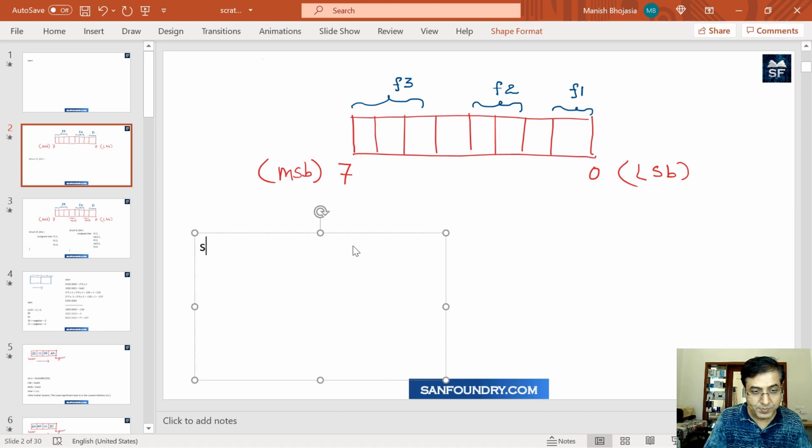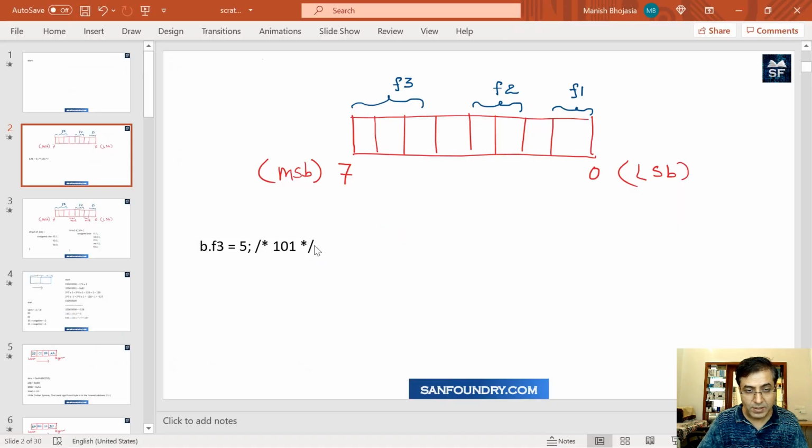So if I simply say 5, right? So we set b dot f3 equals to 5. 5 in binary representation is 101. Now we have already told that this number basically is a most significant bit according to us, and we are writing 1 here. You can see 1, 0, 1, right? So we have 101, and that itself will create a problem in terms of understanding. So when you say 101, this is a sign and 01 is the data.